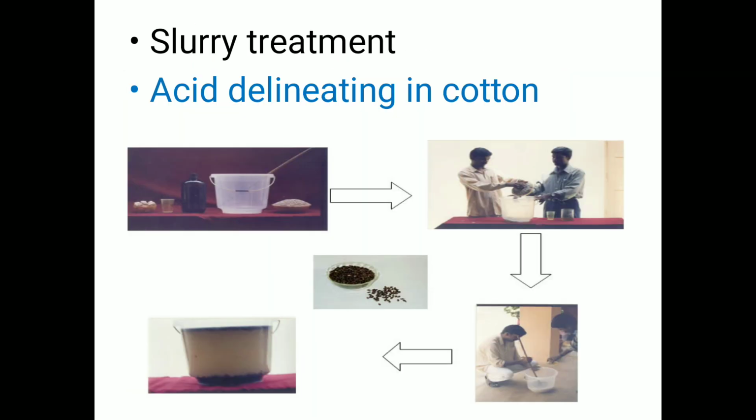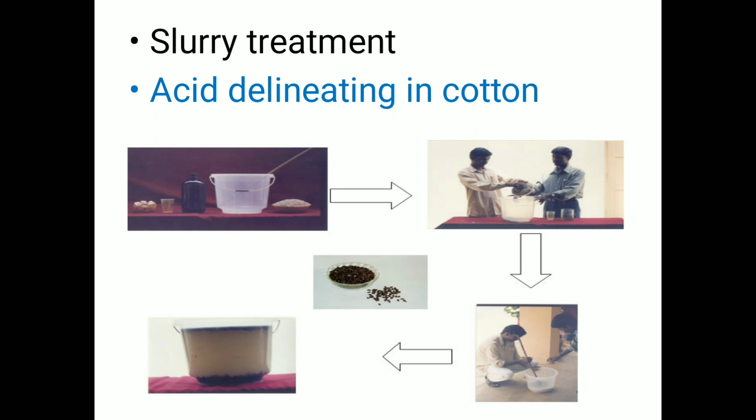Next we discuss the slurry treatment. As we know, for slurry treatment, just like dry seed treatment, we have to take the required quantity of chemical, which may be a fungicide or insecticide, then take the required quantity of seeds. Both are mixed with each other in a plastic bucket or in a pot,